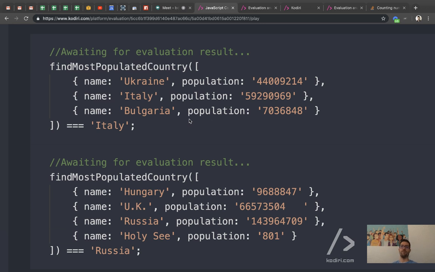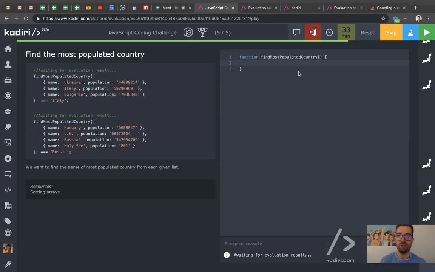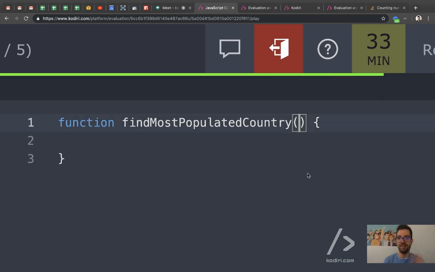So find the most populated country. We have a list of countries, and we need to find the most populated one. Yeah. So we could use sort. Probably sort will do the trick, right? So I would like to sort the array, and then get the first element, something like that. So, argument name: countries, yeah? Don't call it fruits, yeah? So then, return